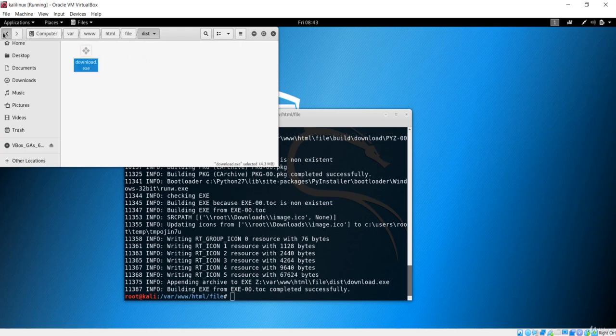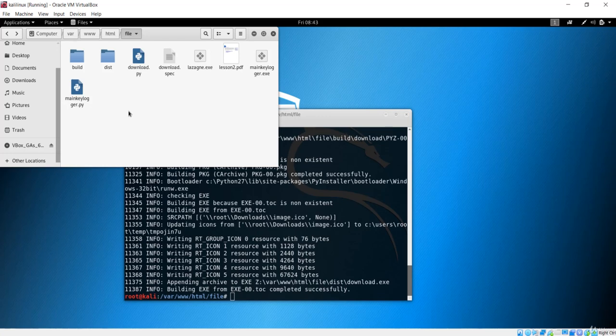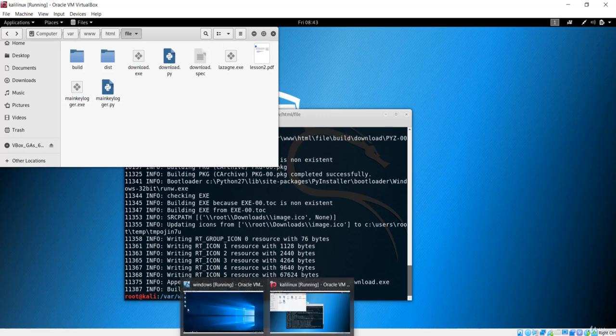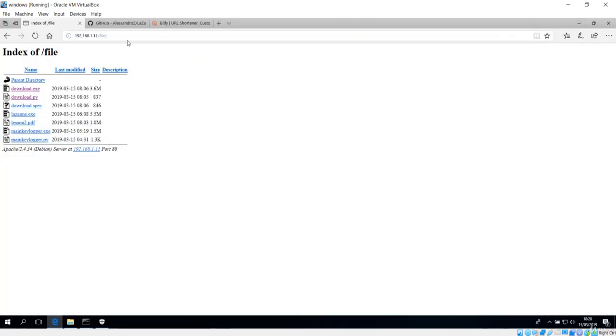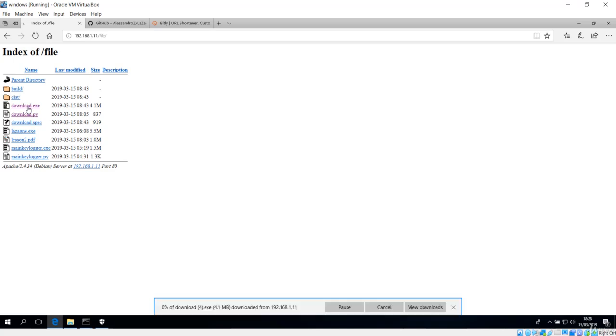Let me grab this and paste it down here. Now what you need to do is go back to the Windows machine. Let's refresh this again, make sure your Apache server is running, and we have this download.exe again. Let me grab this.